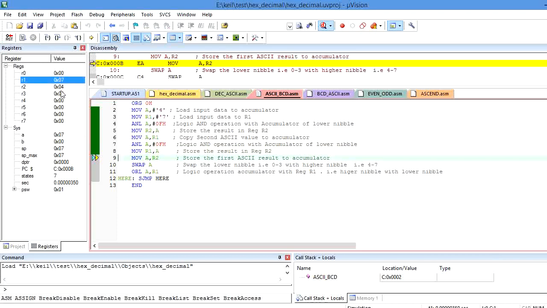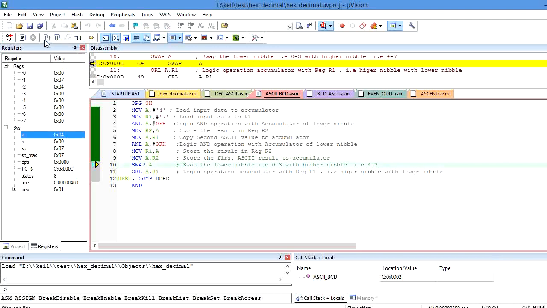Next I will copy the 4 into the accumulator. The accumulator becomes 4 by executing MOV A, R2. Finally I have to get 47 in the accumulator, so here I am performing a swap operation. The swap operation exchanges the lower nibble with the higher nibble.